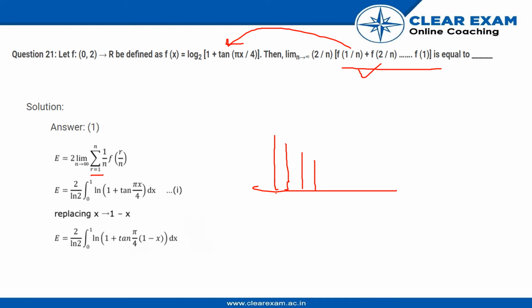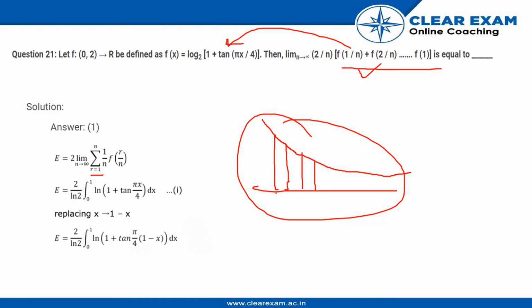For some x we have some y, and then we start joining them, and we get a graph. We don't get a smooth graph, we get a rough graph with a lot of slope differences in it. So instead of using this graph, we will use a smooth one that will give us an approximate answer. It will be down for some points and up for others, but it will give us the approximate answer for this question.